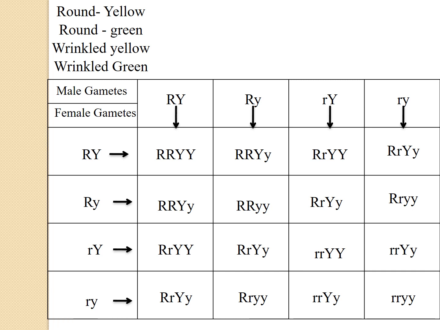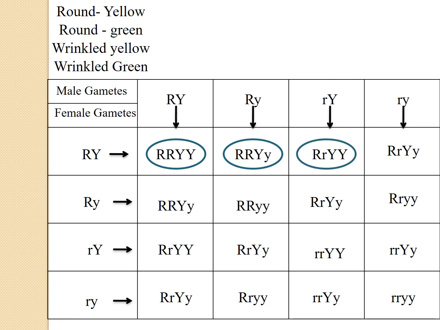Let's just look at that. If you look at the first one that I have circled, it has got capital R as well as capital Y, so it's going to be round yellow. Correct? Second one, here also it has got a capital R, a capital Y. Now here, even though it has got a small y, because the capitals are dominant, you will consider that to be round yellow. So this also will be considered under round yellow.